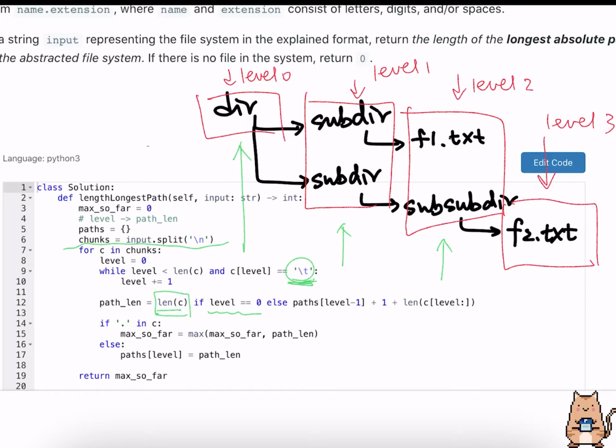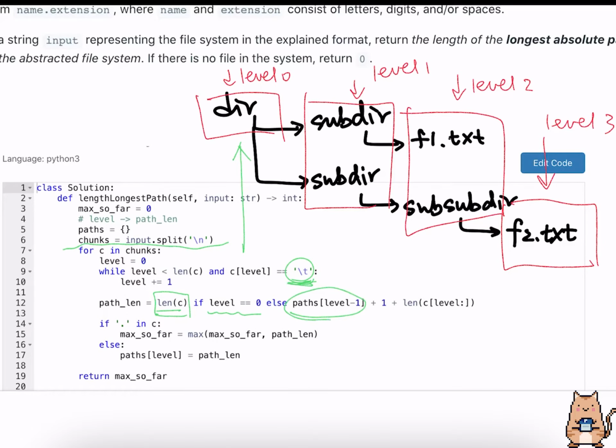But if we're dealing with an element from a further level down the file system, then we need to find out what's the length of the directory containing this file or subdirectory. If the element we're dealing with is not in the root directory, then first we want to retrieve the absolute file path length of its parent directory. So let's say that we're looking at this element. First, we want to retrieve the absolute file path length from the root directory all the way until its parent directory. And then we add 1, which is the slash character,